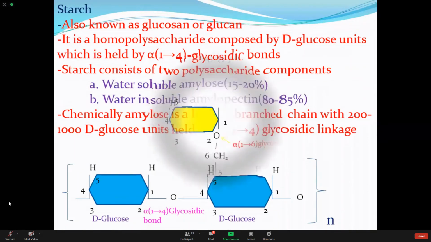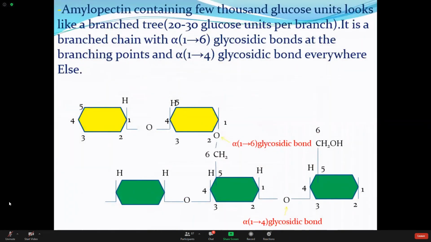Now come to amylopectin. Look at this particular picture. Try to understand, all of you, what amylopectin means and how it is formed. So this is one linear chain: one glucose, second glucose, third glucose, or multiple glucose units. This is the glycosidic bonding, between number 1 and number 4. So which linkage is this? It should be 1,4 glycosidic linkage. Yes or no? Yes.